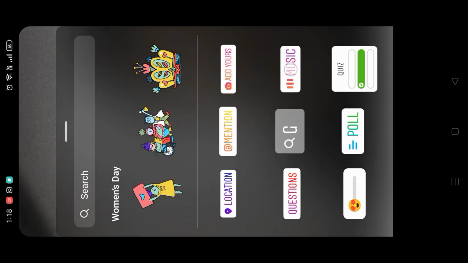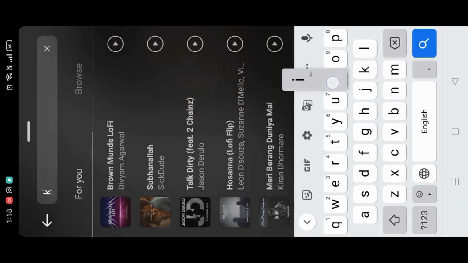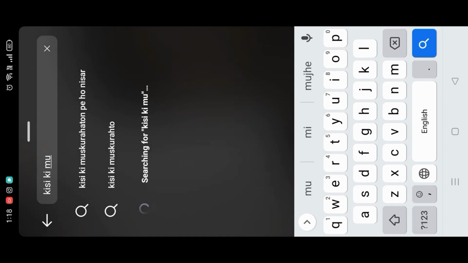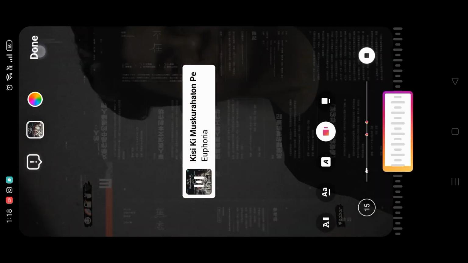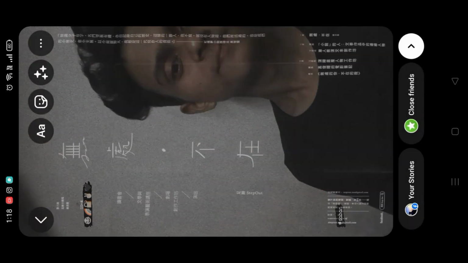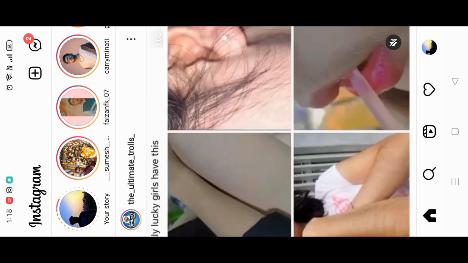here you will get the music option. So you can add any music that you like to add to your videos. So like this you can add this music also, and you have to share this video in your story and